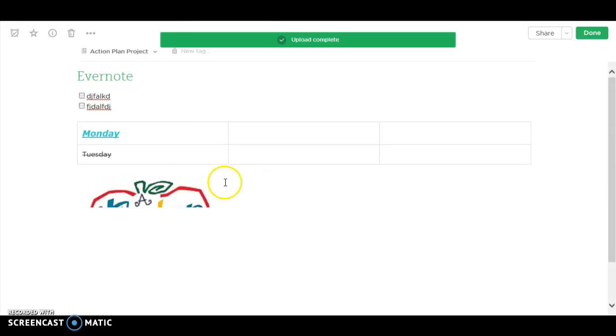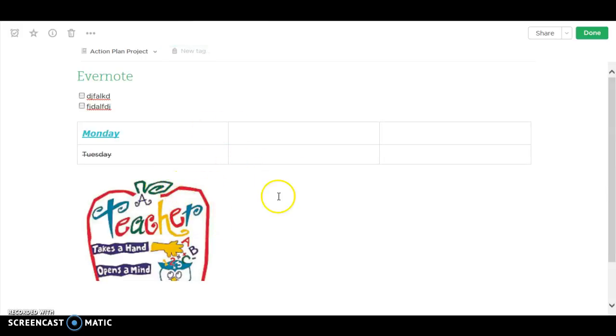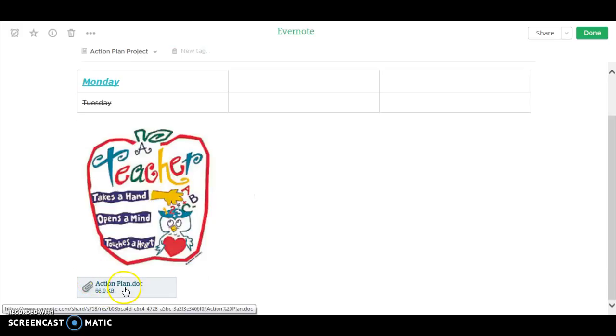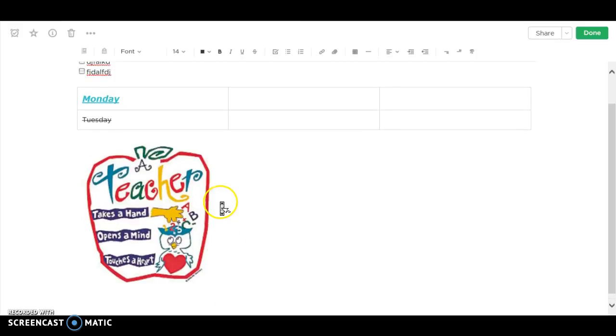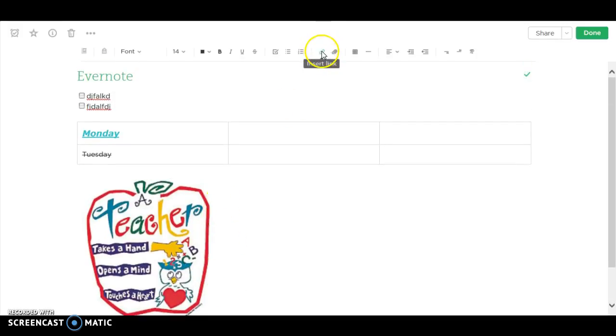So here is my picture loading, and then my document is right below it. Now if I want to insert a link, I hit insert link here. I can title my link. Right now I just have a basic YouTube link, so I'm just going to name it YouTube, but if you